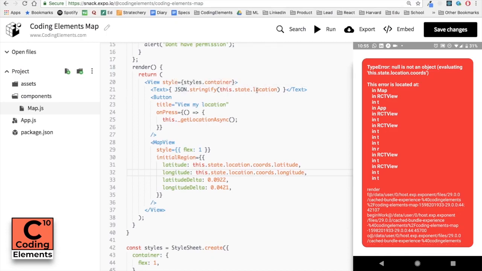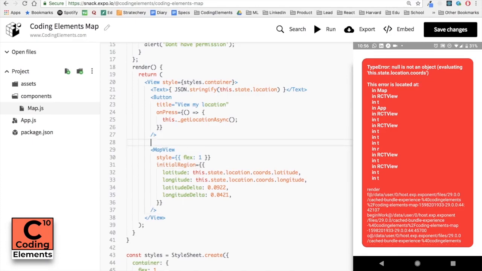But the problem with this is that at the very starting, there is no value set to the location until we click the button. So before rendering MapView, we'll check whether we already have the user's location available to us. And if it's not available to us, then we won't be rendering MapView. And if it is available to us, then from that we will be accessing the values of latitude and longitude, and we'll set MapView. And here, because we'd be using JavaScript's ternary operator, we have to put curly braces here for interpolation so that that expression gets evaluated.